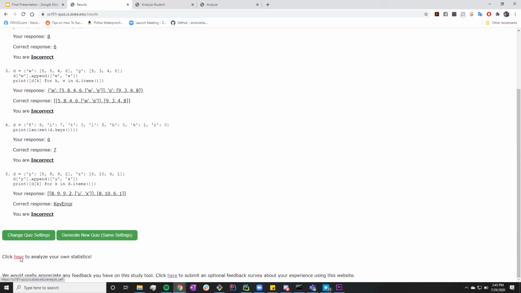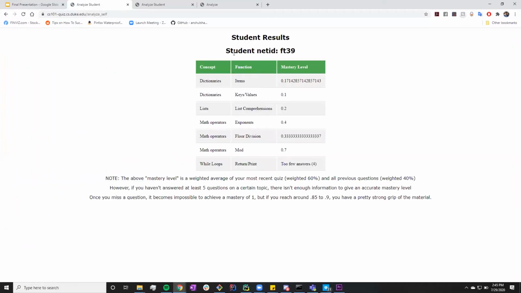Students can also currently, with the old version, go to the student dashboard page, which will show them a table that shows their mastery level for a specific concept and function, just to show them how they're doing in the specific topic and function. And now I'll hand it over to Eric to talk about the advantages and disadvantages of